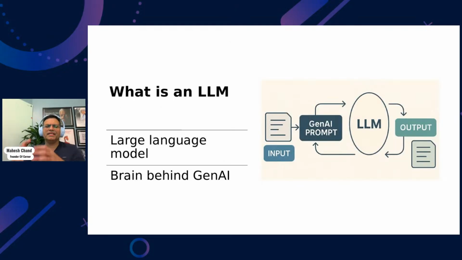The brain behind generative AI is something called an LLM, large language model. And there are a bunch of large language models. We talked about this a little bit, but in my coming episodes, I will focus one episode just on LLMs. I will talk about what an LLM is, what's behind the scenes, how an LLM looks from the technology and architecture perspective, and how to even build your own LLM. We will discuss all that in coming time. Today's focus is prompt engineering.